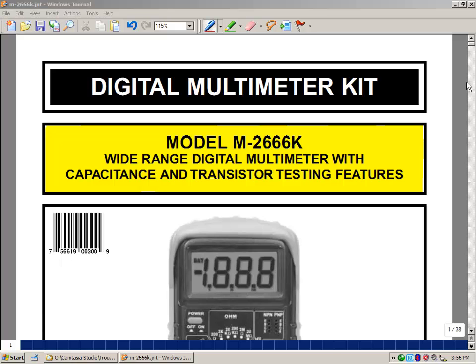model M2666K. This is a wide-range digital multimeter, but it also has a capacitance meter and also has some features for transistor testing. The manual that's included with this video is a PDF of the paper copy that's included with your